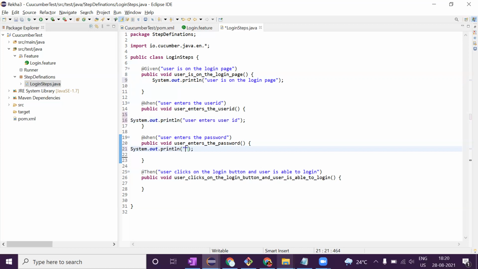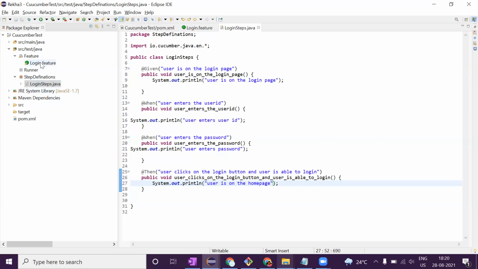System.out.println, User enters password. System.out.println, User is on the home page. Okay, now I have all steps.